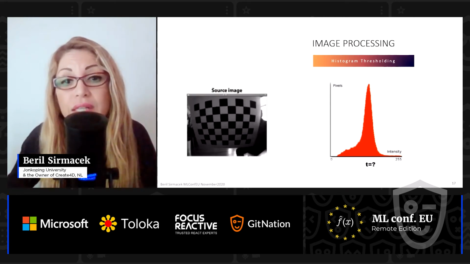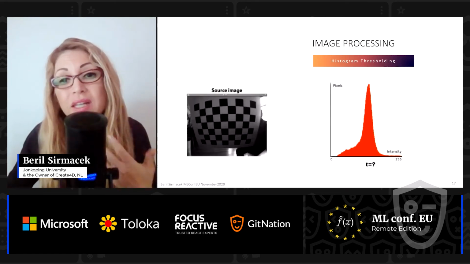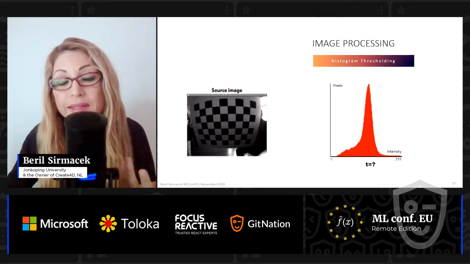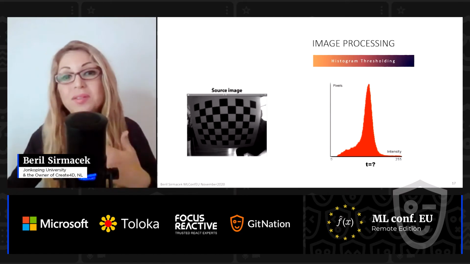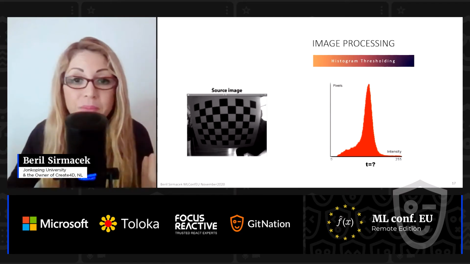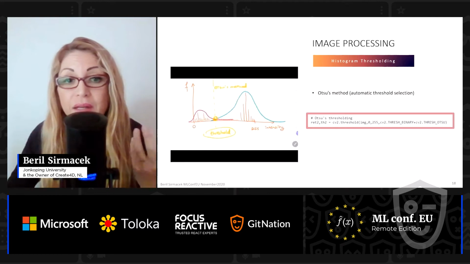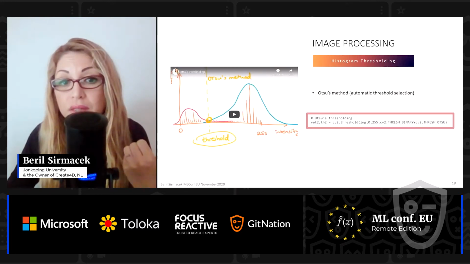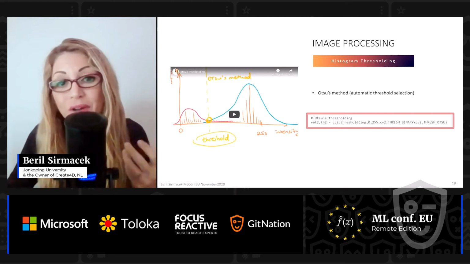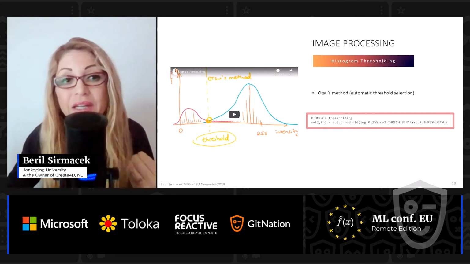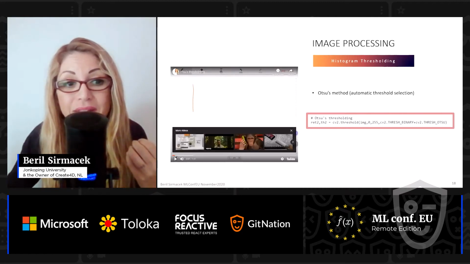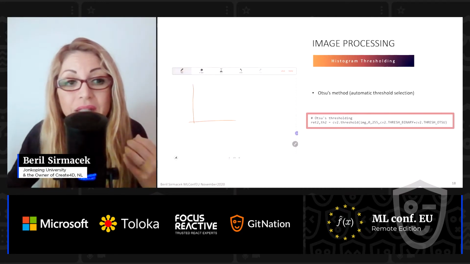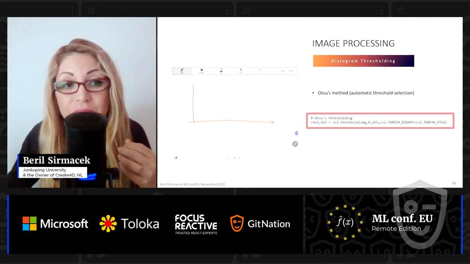And the question is how to choose the threshold value automatically in order to do the segmentation. Don't worry, OpenCV comes to help, because there's a method called Otsu's thresholding, and OpenCV offers it in just one line. What it does is, I draw it by hand here. If you've got these brightness values, assume that they are distributed like in this